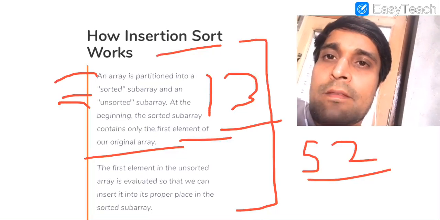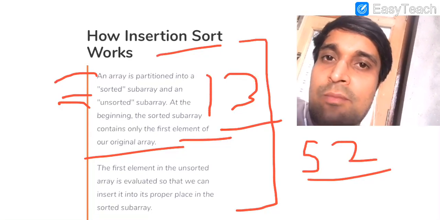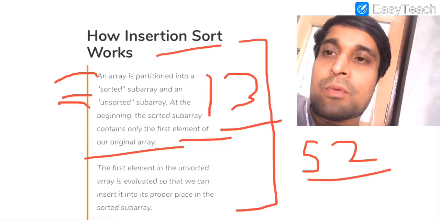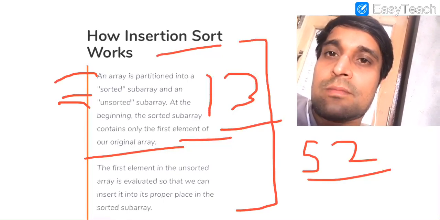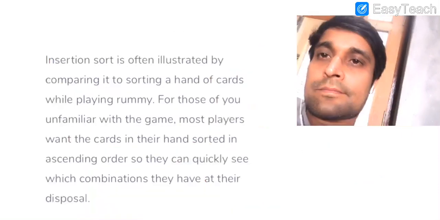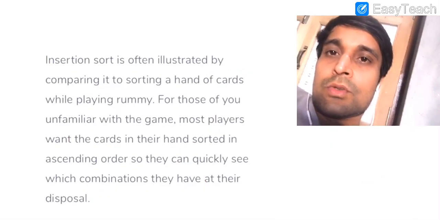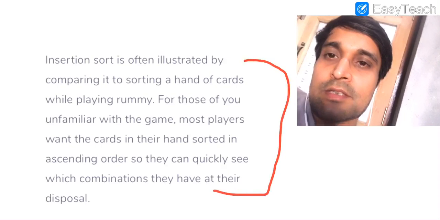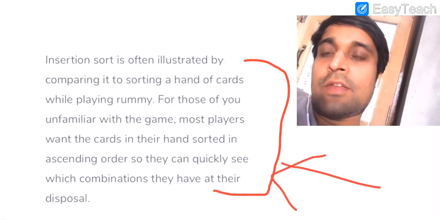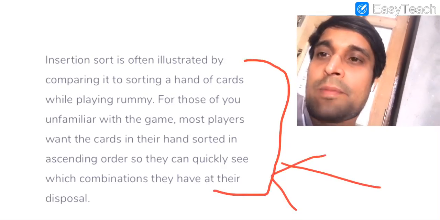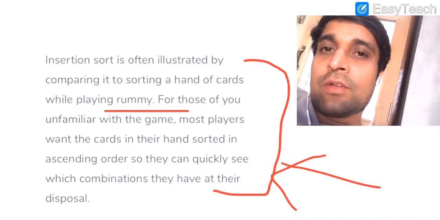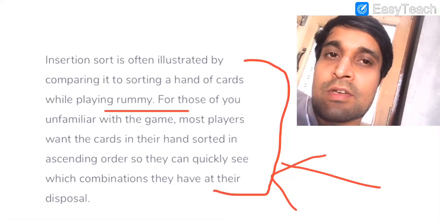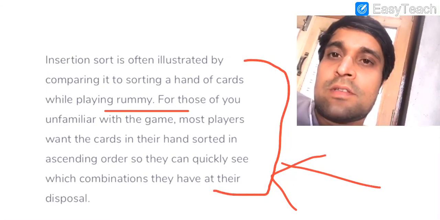And let us understand this working with the help of one example, and then we will write a program in Python to implement the concept of insertion sort. So here is the same example that I have explained to you, like when you are playing cards or playing a game like Rummy, then you need to arrange the cards in a specific order, and the concept that we use for that is known as insertion sort.